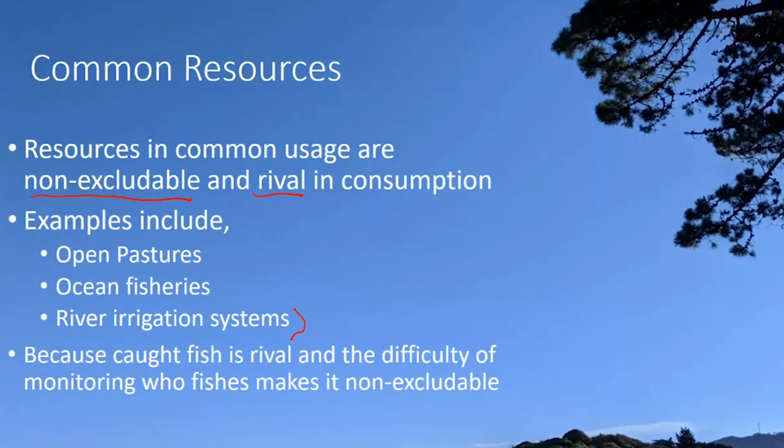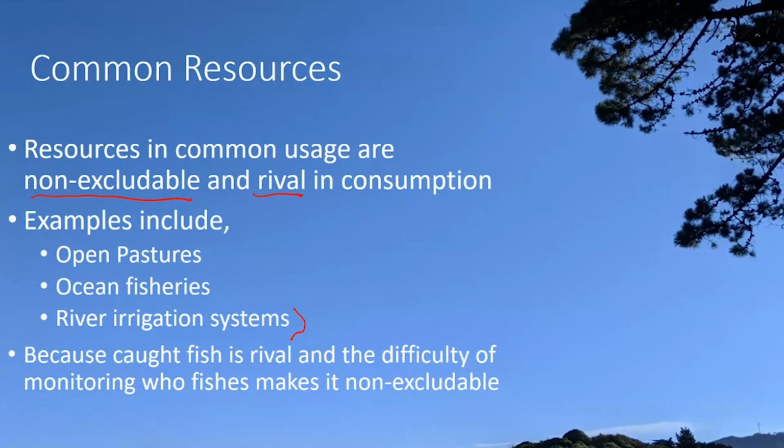And river irrigation systems, the problem is the following with rivers. One thing you can do with a river that's nearby your farm is you can divert some of the water from that river to use for irrigation, to water your crops, right? And lots of people have done this over the centuries to provide water for their crops. But if you take water from the river upriver, and then somebody else takes water from the river upriver, and then somebody else a little bit further down the river takes water for their farm, then this river that winds through a large countryside, by the time the river gets to its final destination in the ocean, most of the water might be gone because it's been taken away.